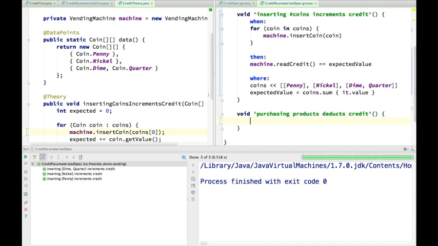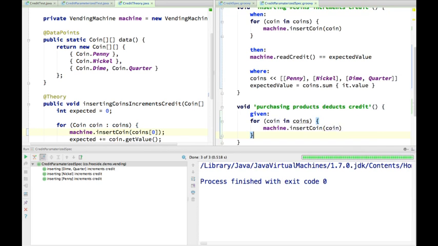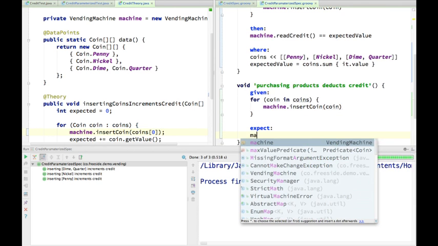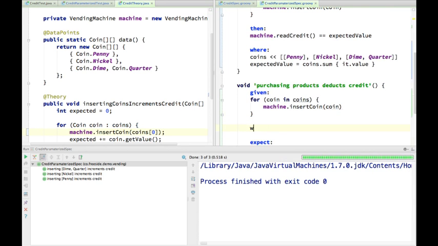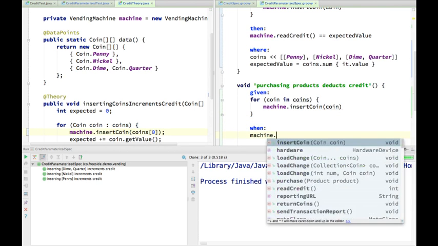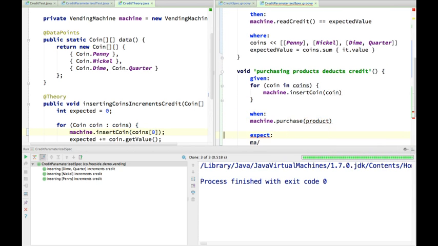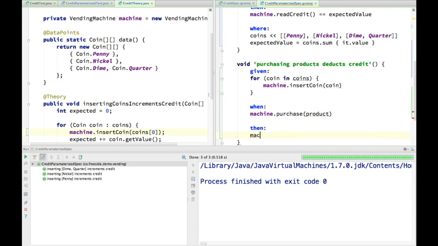So what we're going to say is, given I've inserted some coins, much the same as we did before. Expect, oh yes, when I buy something, then the remaining credit is equal to